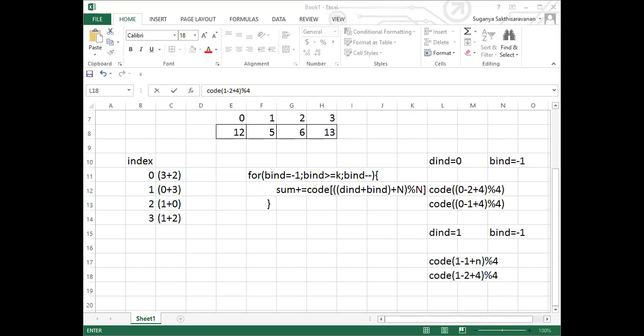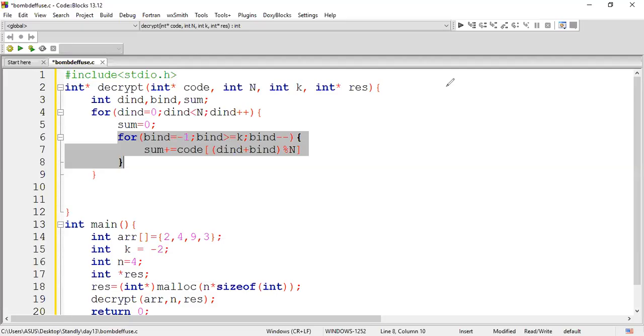Okay, clear. Fine, guys. Let me move on to the program. Here, we are supposed to add this value, along with this particular addition of b index plus, just a minute, something else is adding. Along with it, we are supposed to add an n value and do modulo of it.